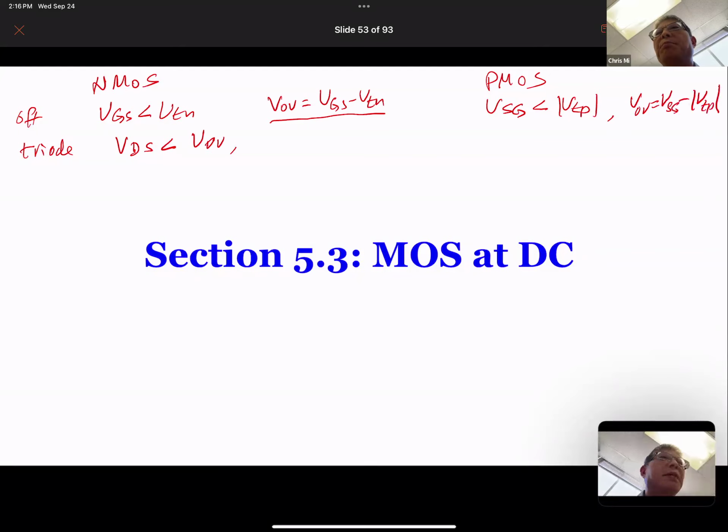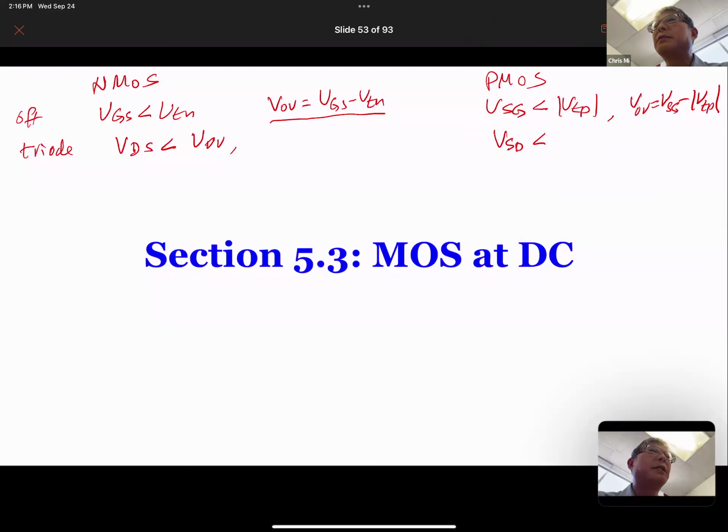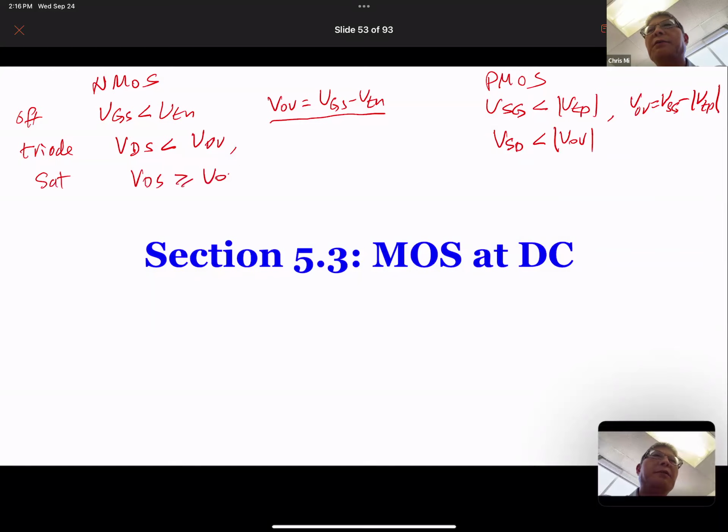That's how it's defined. And in the triode region, VSD has to be less than the absolute value of VOV. In the saturation region, VDS has to be larger than VOV, and VSD has to be larger than VOV. And for the current condition in the triode mode,